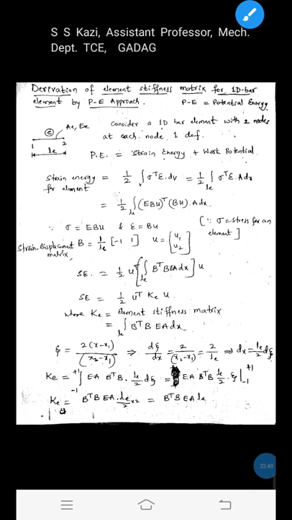from -1 to +1. Here it is written as stiffness matrix is equal to integral from -1 to +1 of EA, I will write the same B transpose into B into dx, that is LE by 2 d zeta. Okay, now next it can be written as EA B transpose B LE by 2 into the integration of zeta, that is 1 d zeta.